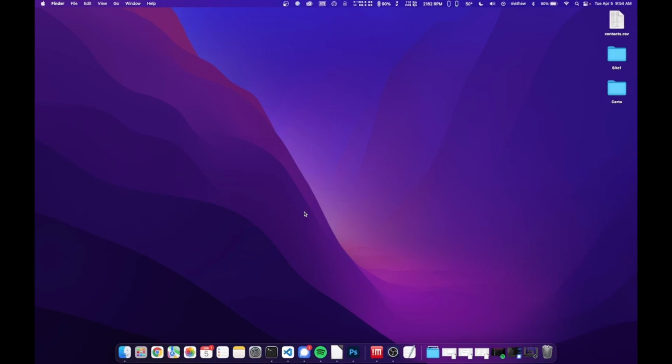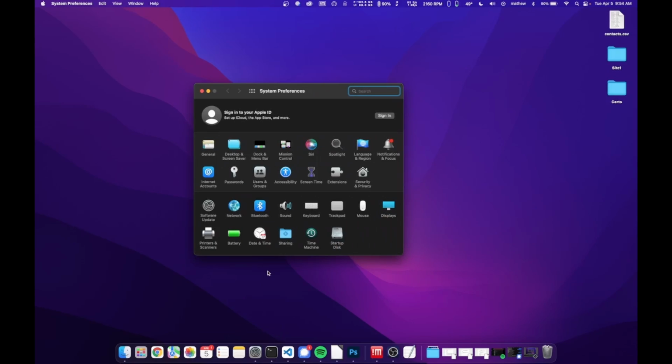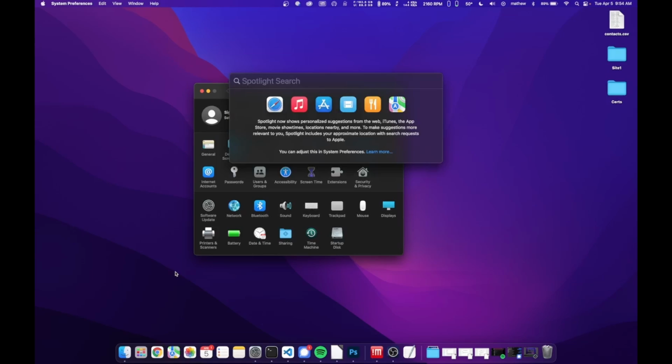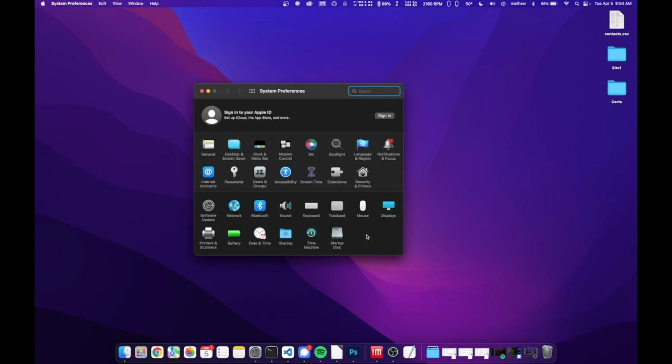All right, so one thing I love about Mac OS is they make it super, super easy to enable full drive encryption. It's really just like 2 clicks. So the first thing you're going to want to do is open up System Preferences, which you can get by coming down here or going to the Launchpad and finding it there, or just press Command Space and then type it in there. Now, once you have System Preferences open, you're going to want to go to Security and Privacy,